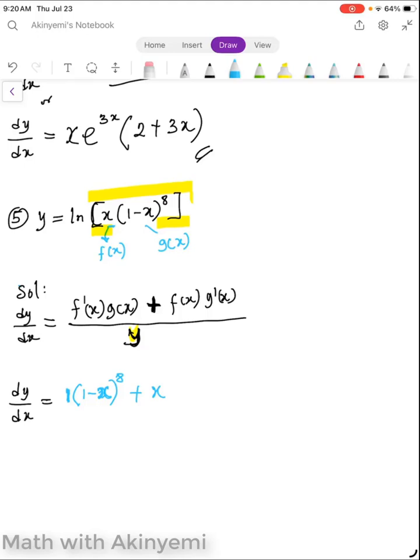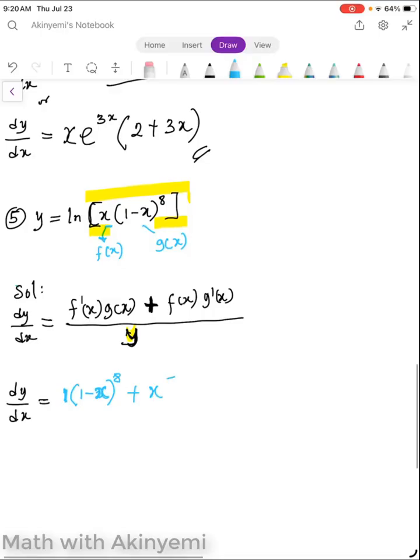This is like a chain rule in it. So we'll bring 8 down, 8 multiplied by the derivative of minus x, which is going to be minus 1, and then the original 1 minus x raised to power 8 minus 1